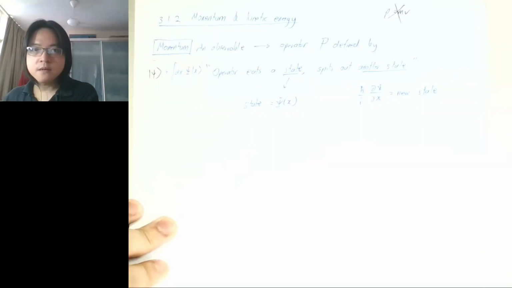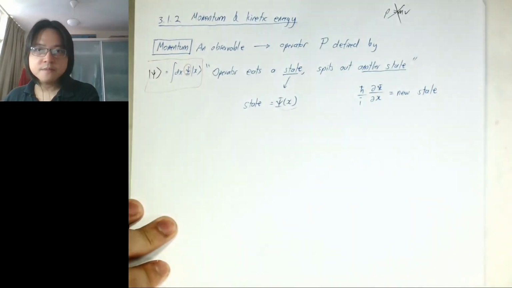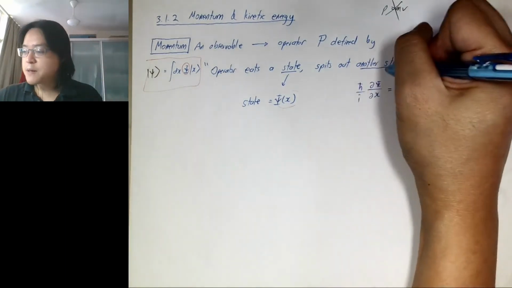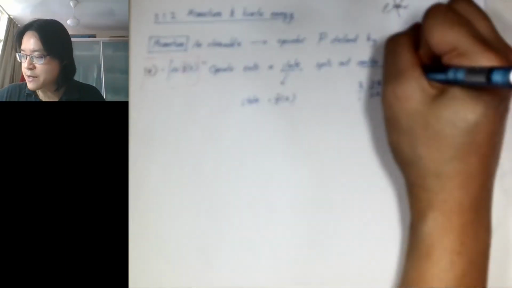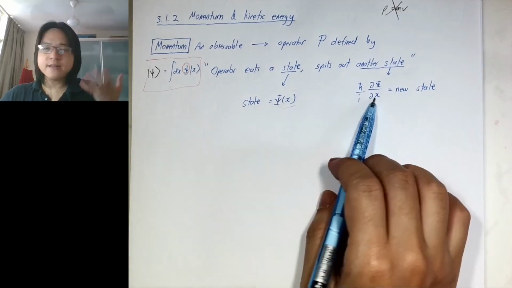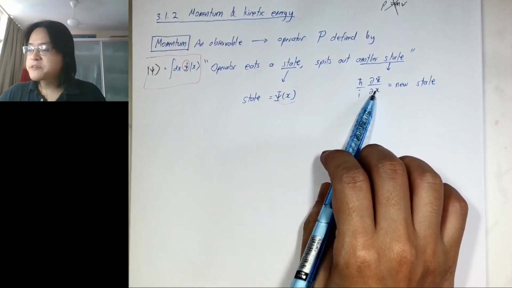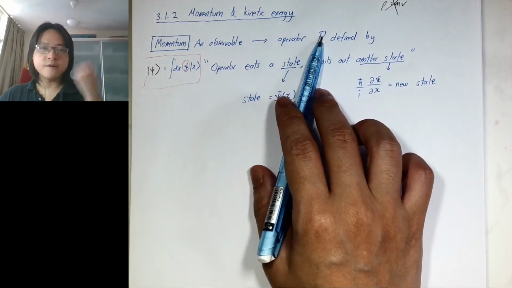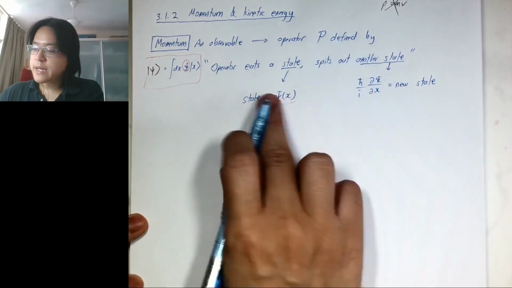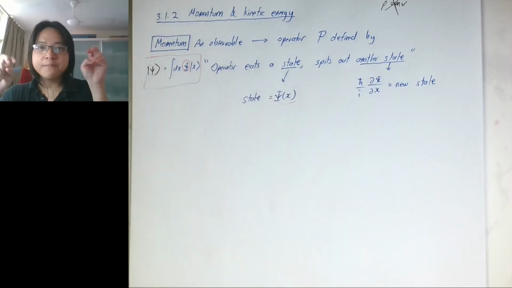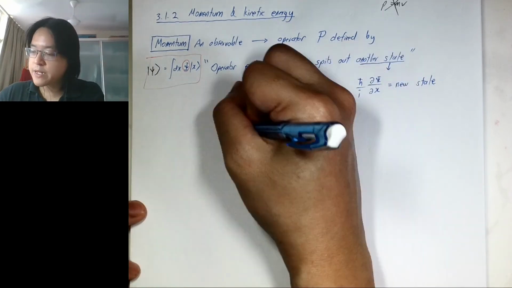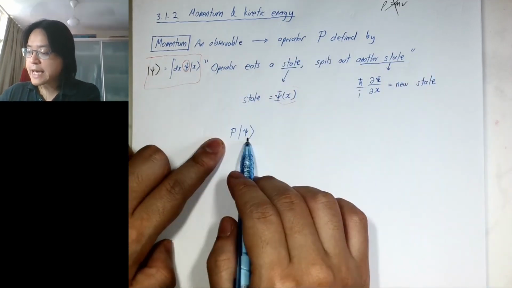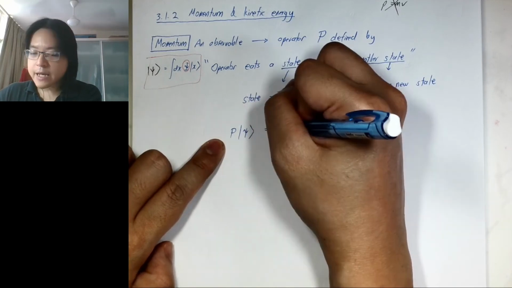Let me fix the brightness. Okay, so I hope you know what this means. Maybe it's not very clear yet, because why do I suddenly say this? The reason is that it will give us the correct value of the momentum of a particle later. If this is just saying it in words, what about defining this quantity mathematically? The operator acts on the state psi, and then I should get a new state,